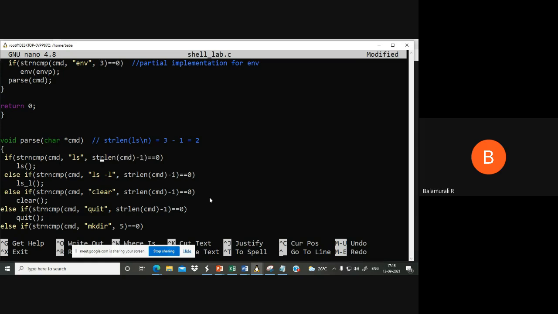After subtracting 1 from the length, we check whether it is equal to 0. It will be equal to 0 if this command is ls. Otherwise, it won't be 0. In that case, we are calling the function ls. Okay. Else if,